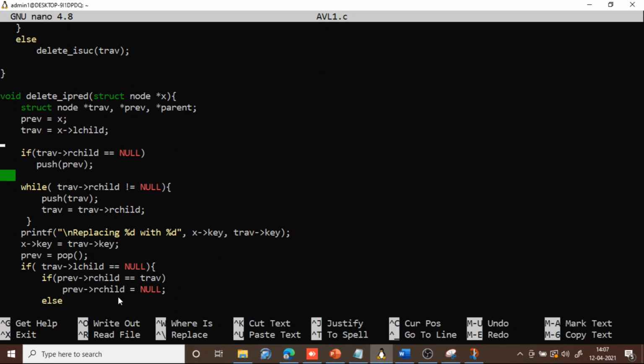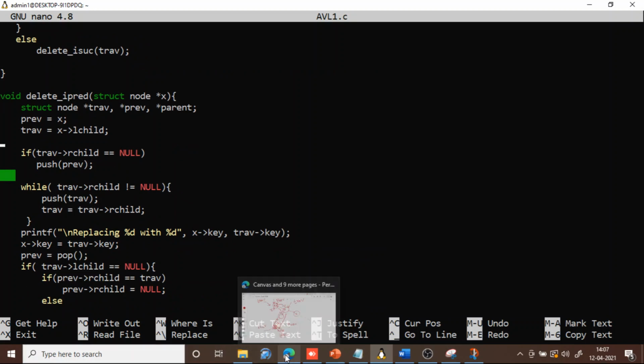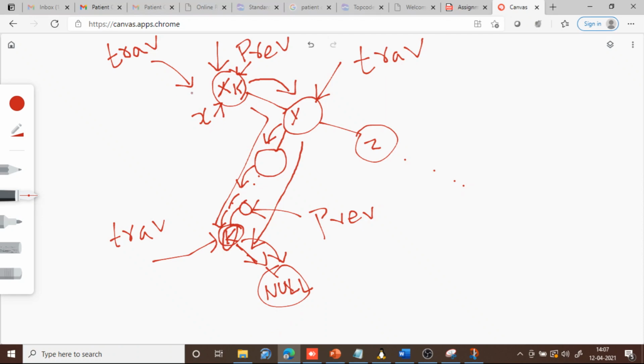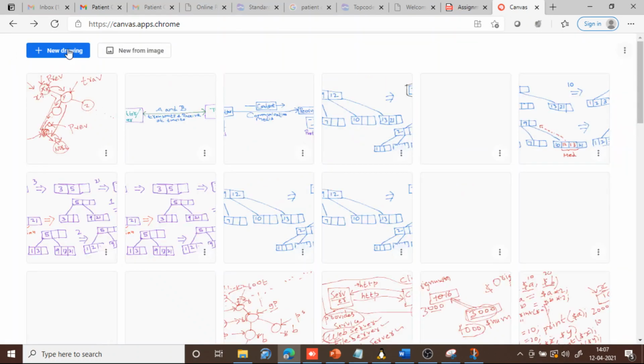For the in order predecessor, it's the reverse of this. We have to find the largest node in the left subtree. So where will you find the largest node in the left subtree? We are again calling traverse, and traverse is received as x here. So x is the one which we want to delete.